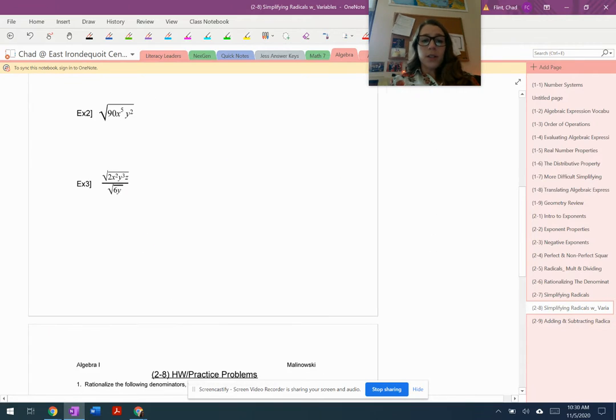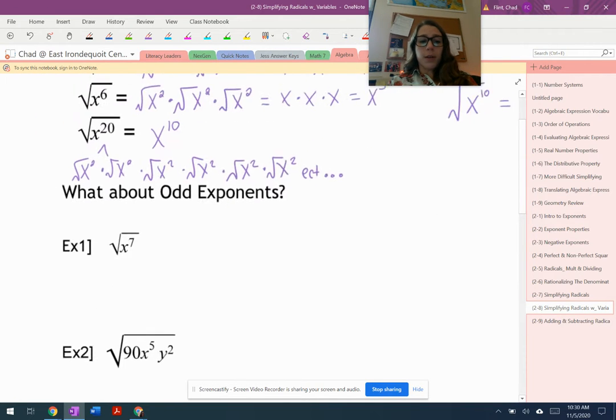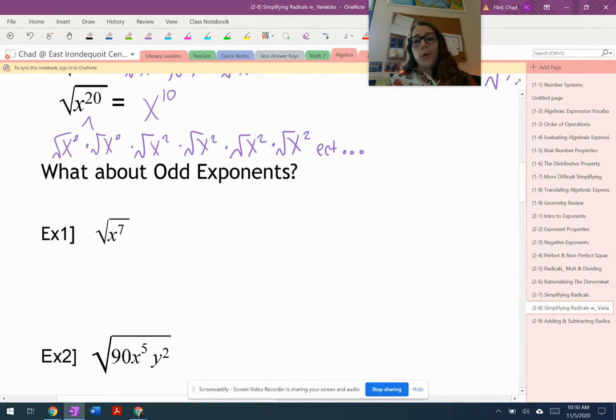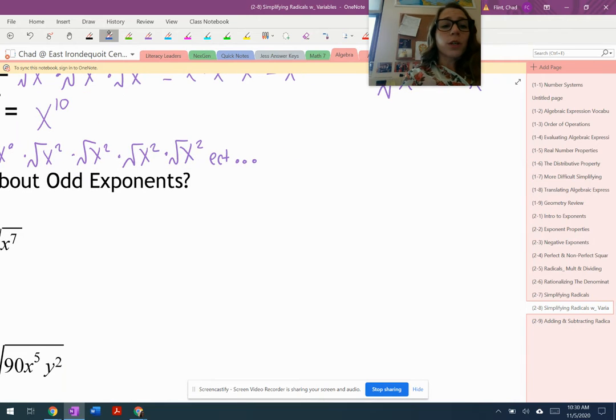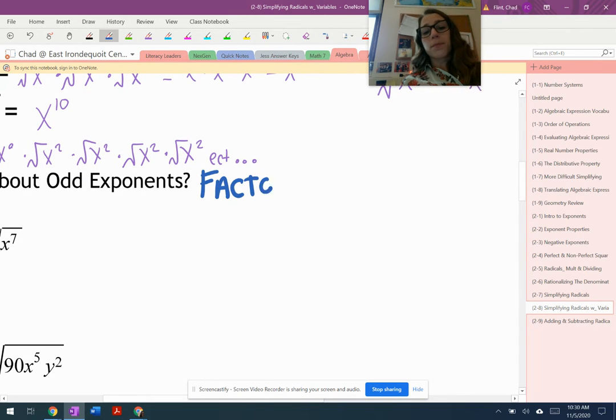Okay, there we go. So odd exponents are like those non-perfect square numbers. When we have non-perfect square numbers, we try to factor them into that largest perfect square. That's what we're going to do here. When we have odd exponents, we're going to take those and factor them